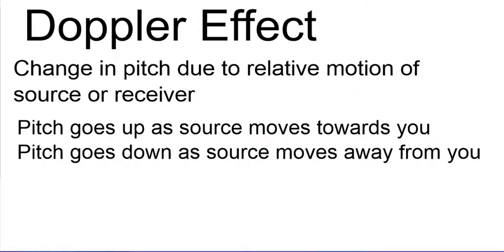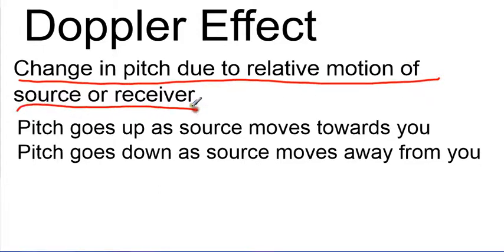Now, we have what's called the Doppler effect, which you've probably heard the term Doppler before, most likely with weather, actually. And it is the same exact Doppler effect. This is caused by a change in pitch due to the relative motion of the source and/or of the receiver. So as a quick example, if the source moves towards you, the pitch is going to go up. If the source moves away from you, the pitch goes down. You've probably heard this before as a car is honking its horn coming towards you and then goes away from you. You've probably heard the change in the pitch. We're going to talk a lot more about the Doppler effect in a subsequent video.